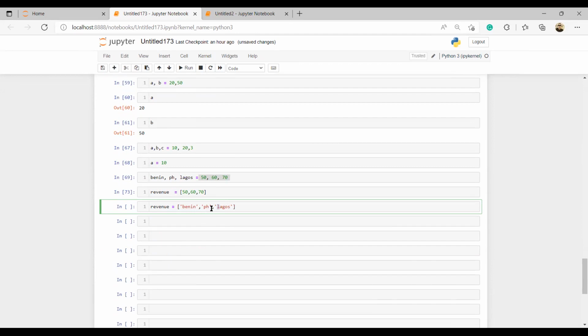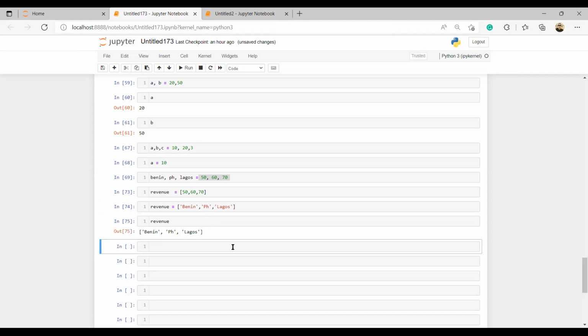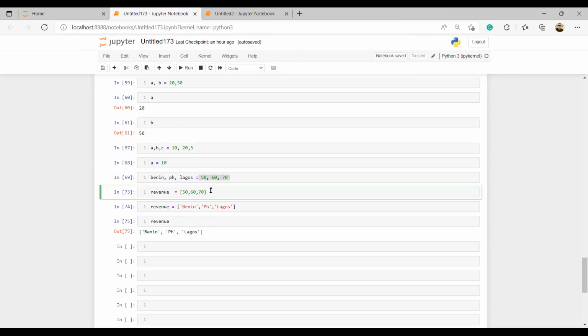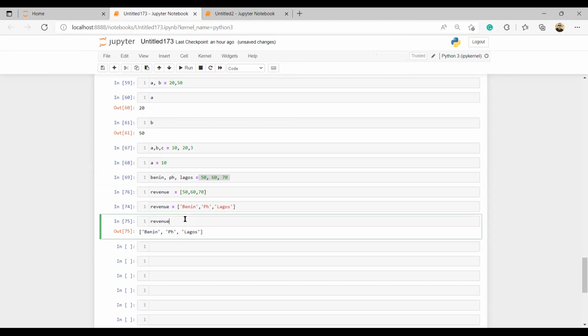Maybe I can just put it normally like this. If I type revenue, it won't give you the total. But if I go back and run this one again and run it now, it shows me this. So it only commits to memory whatever you put last.